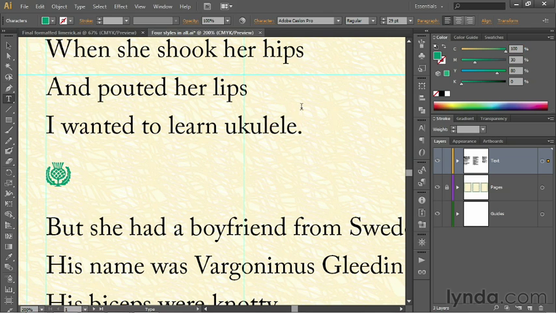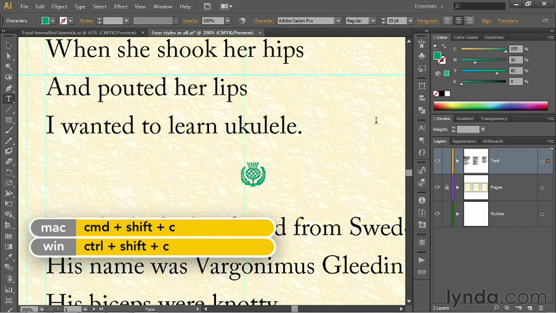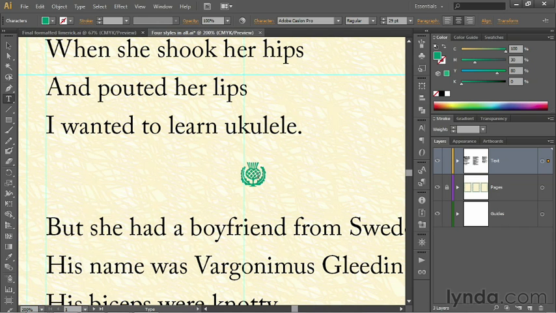color panel. Now, I want this pineapple to be centered on the artboard. So I'll go up to the control panel once again and click on the Align Center icon, or I could have pressed Control-Shift-C or Command-Shift-C on the Mac. Now, what gives? Why in the world is the pineapple off-center? We can tell it's off-center because that vertical guideline right there runs exactly down the center of the artboard. Well,